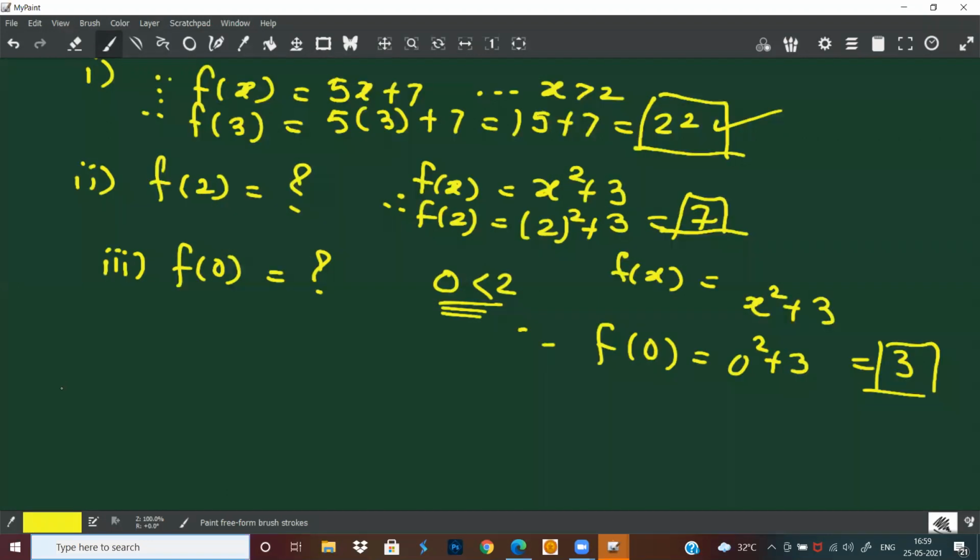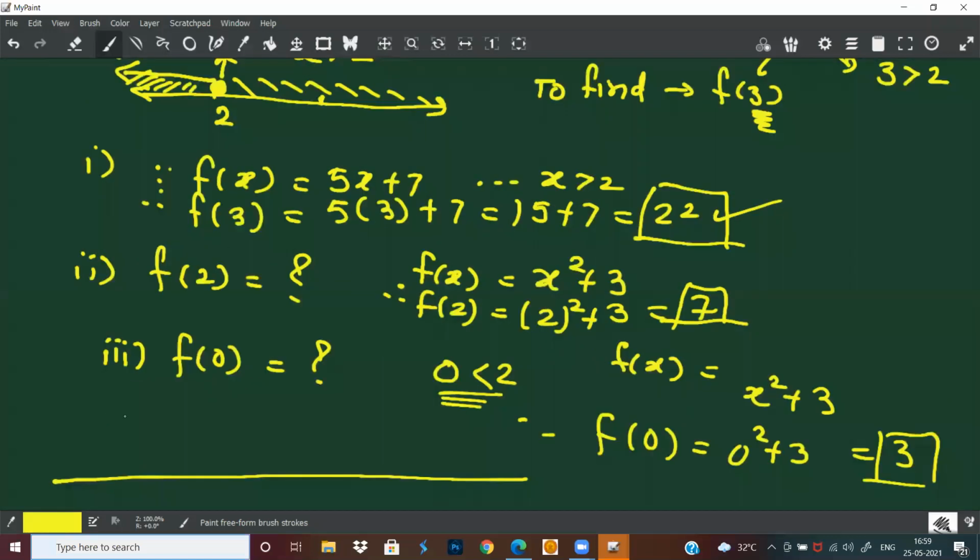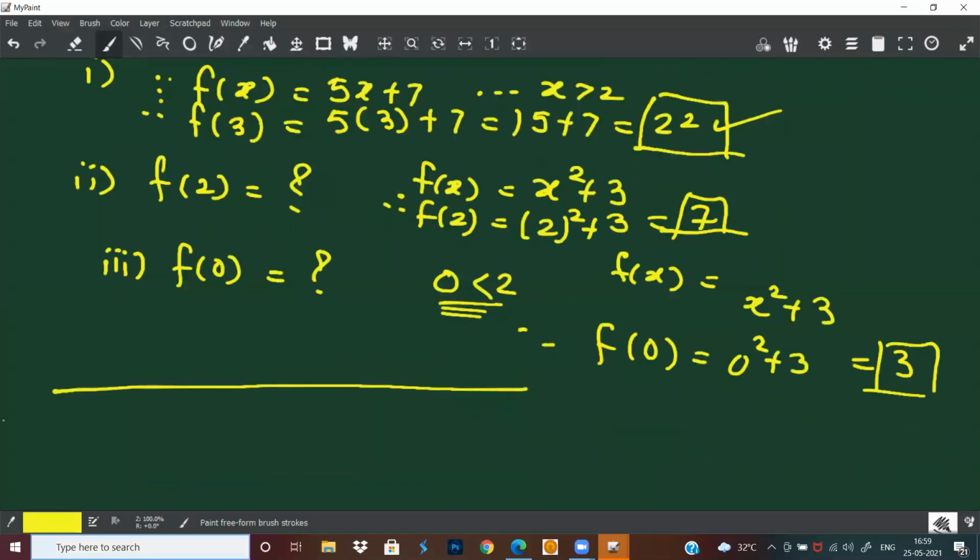Now I will give you another one. Everybody follow this term properly. So you have to see the zone. Now if I give you the function,